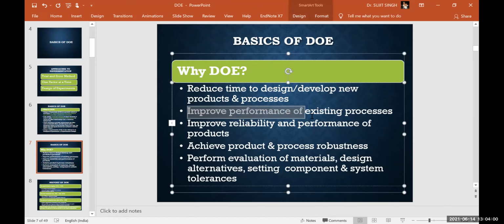If a good relationship is understood, that is going to improve the performance of the existing process. At the same time, it improves the reliability and performance of the products. Achieving product and process robustness means a rigid, robust process design based upon the information you have.